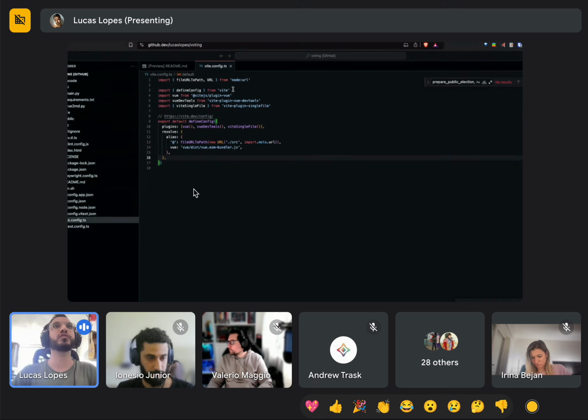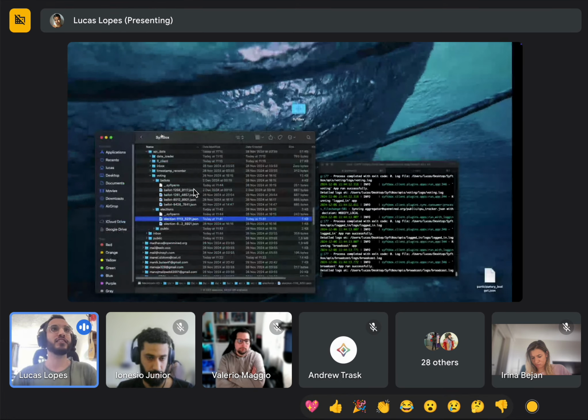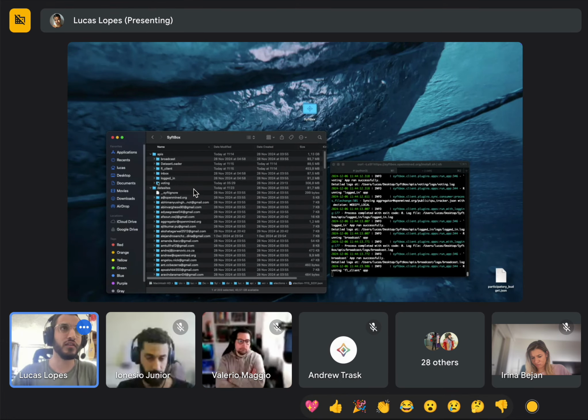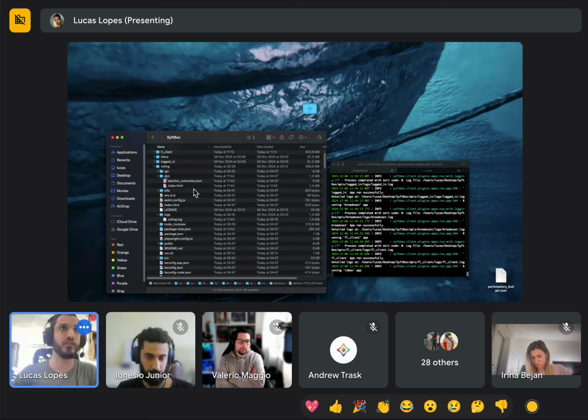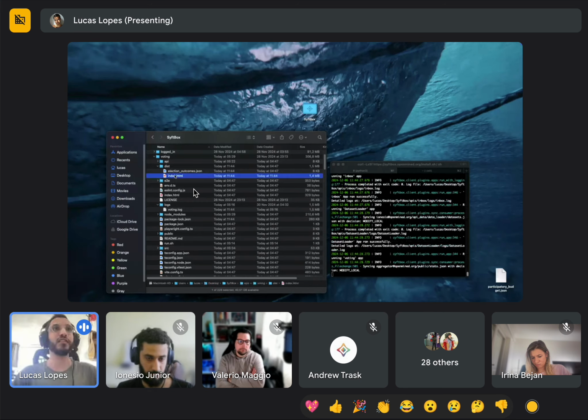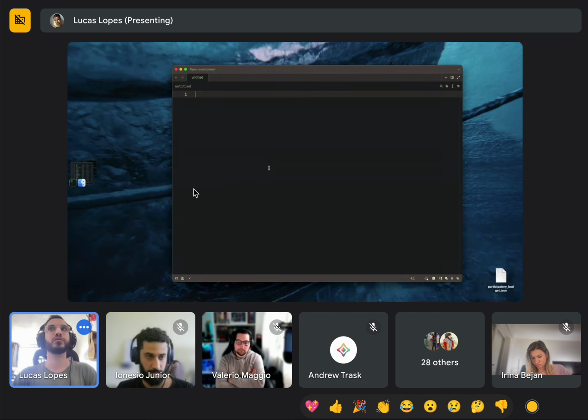So here I'm using the vite single file plugin, which just generates in the dist folder, because here in the voting, once it builds, it generates in a single folder this index.html. If I open it, you can see that it's minimized, like everything compacted in just this.